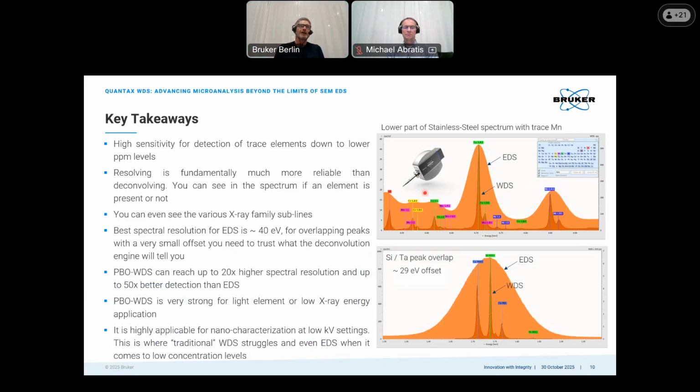So before I pass the microphone to my colleague Michael, let me summarize the important points which we have identified so far. WDS has high sensitivity for the detection of trace elements down to lower ppm levels. You can see on the right-hand side the lower part of the spectrum of a stainless steel with traces of manganese, where you can see that WDS is capable of detecting that very small amount of manganese,